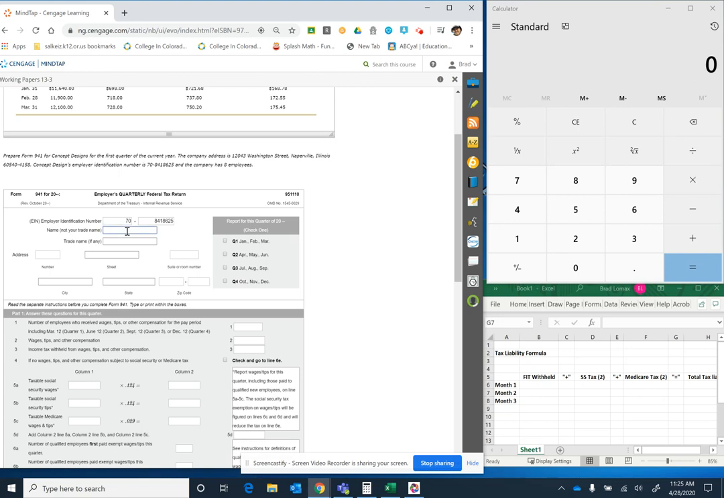Name, not your trademark. Our name is Concept Designs. Trade name, we have none. Our address is found right up here: 12043, and the street is going to be Washington Street. We have nothing for the suite. The city is going to be Naperville and IL, so that's Illinois. And then our zip code, it's going to be up above there, right there. And we've got 605